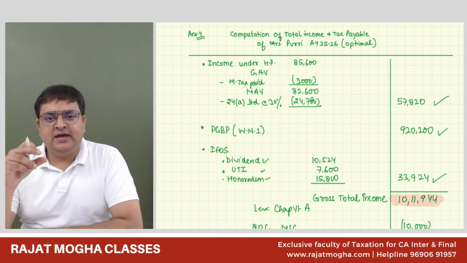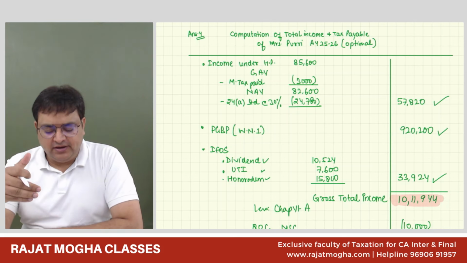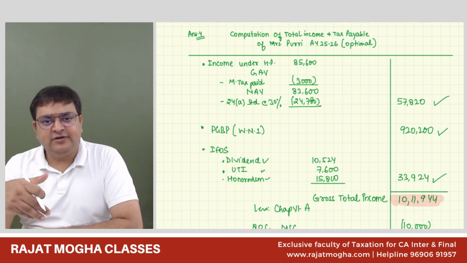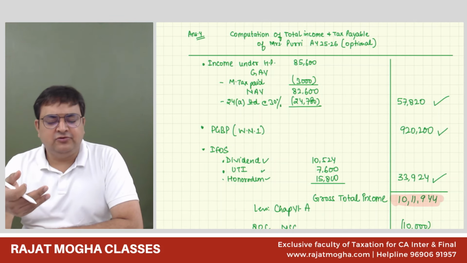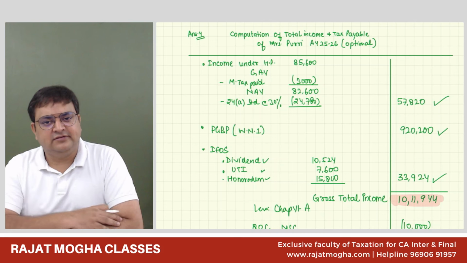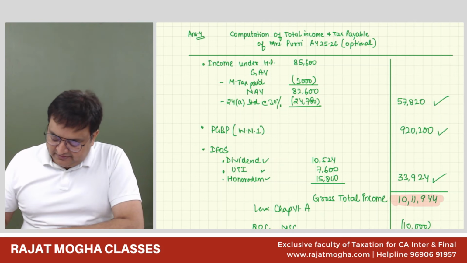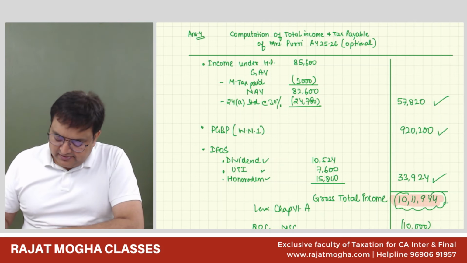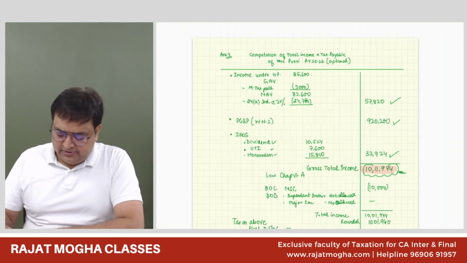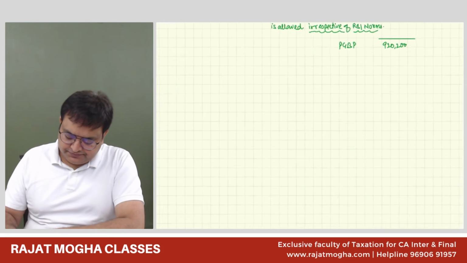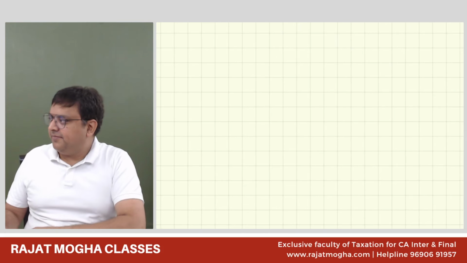So my GTI is made up of three types of income: house property, PGBP, IFOS. And now we can analyze that there is no such difference in these calculations. If we had done it for the default regime also, we would have got the same answers. So this is my GTI as per the default regime only. Correct. So what you will show in the second part,